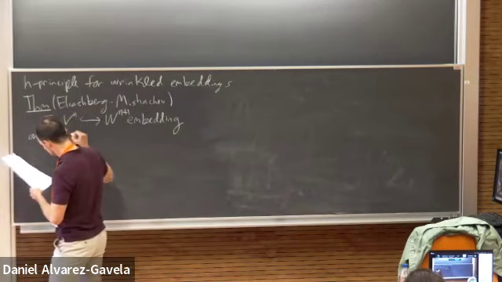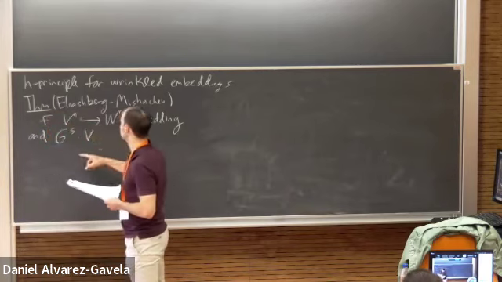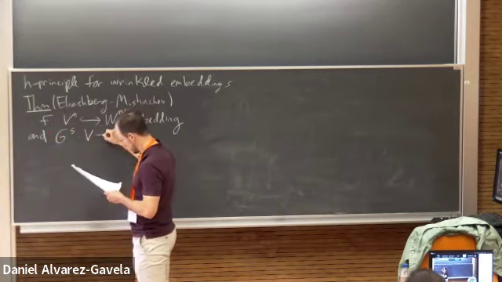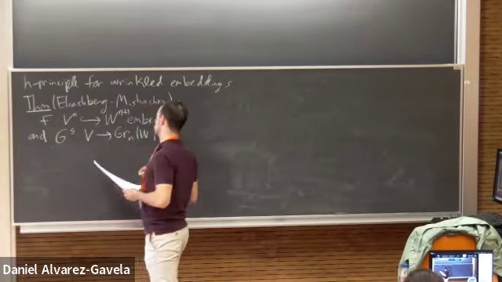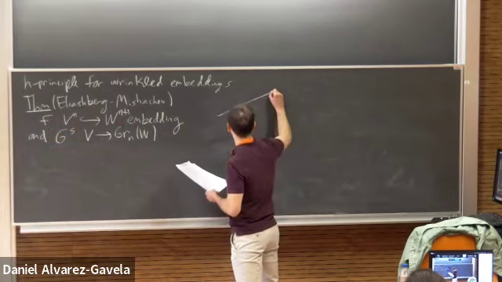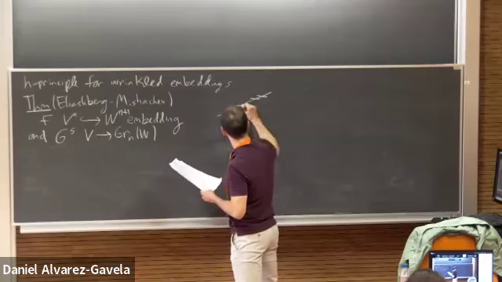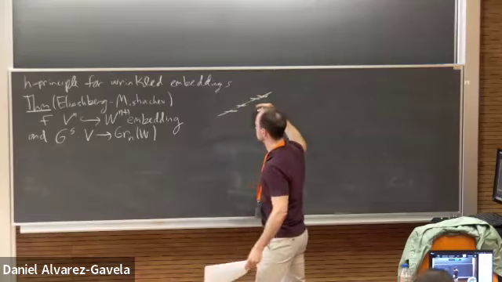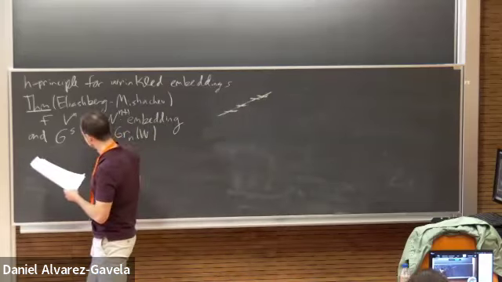So let G of S be a map from this source into the Grassmannian, the n-dimensional Grassmannian of the target. This is covering F,